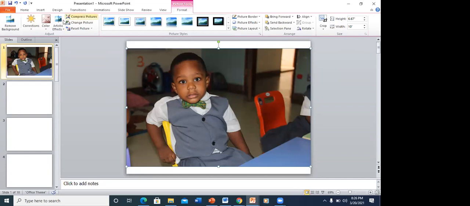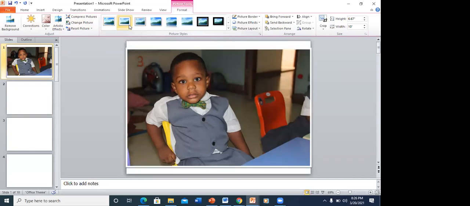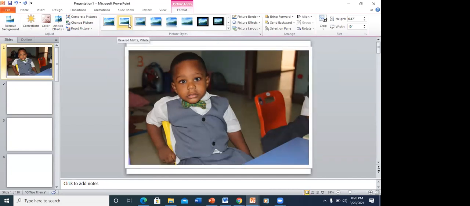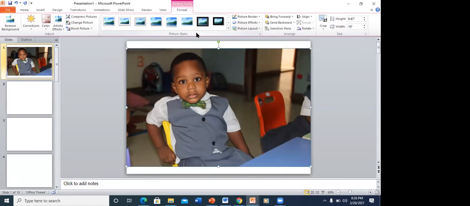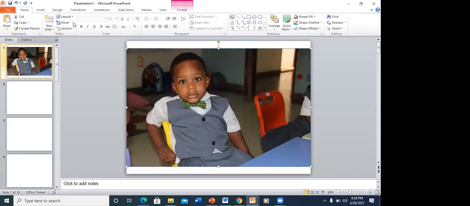Do I want to use this simple frame white, or this matte white? I could think about all of that. But first of all, I want to solve this problem. First thing I want to do is click on home so that I can come back to where I have my tools and operate effectively from there.